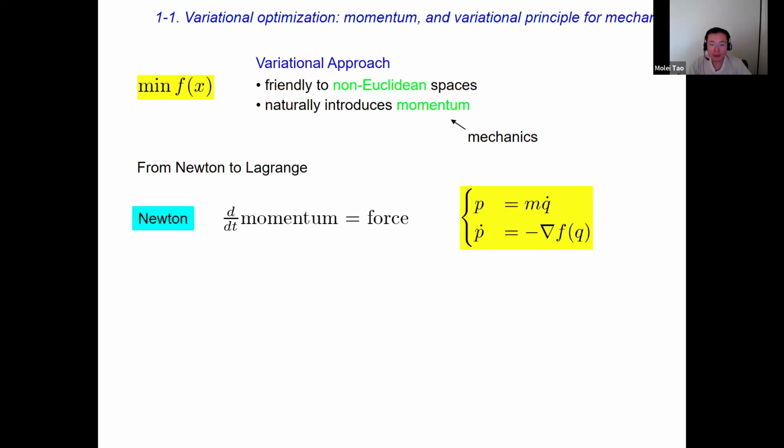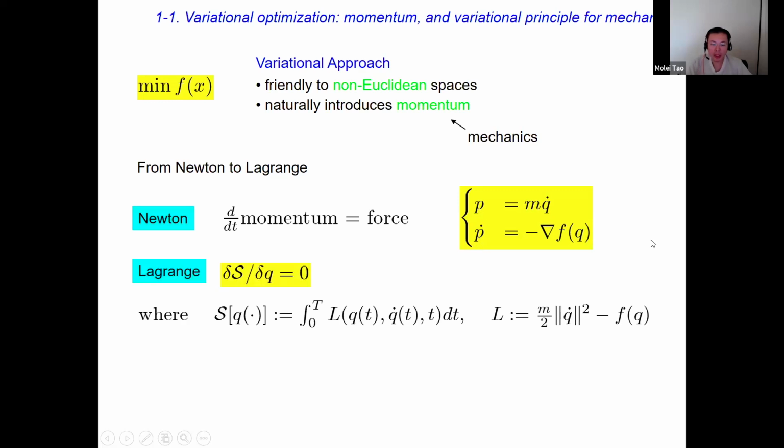So you cannot really talk about mechanics without mentioning Newton. So Newton said, okay, the rate of change of momentum is given by the force if you have a conservative system. So if you take the objective function as the potential, then Newton's law can be written as simple differential equations. Q is the position of your particle. Q changes according to momentum. Momentum changes according to the conservative forcing.